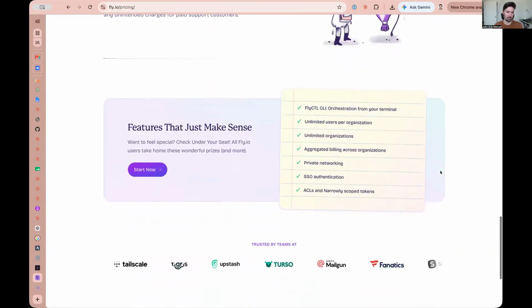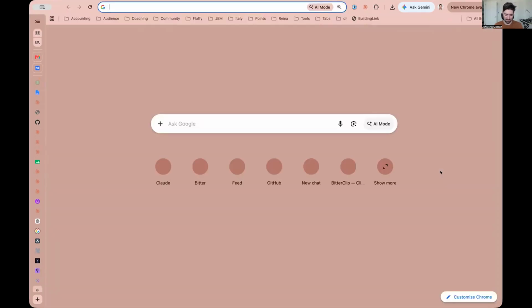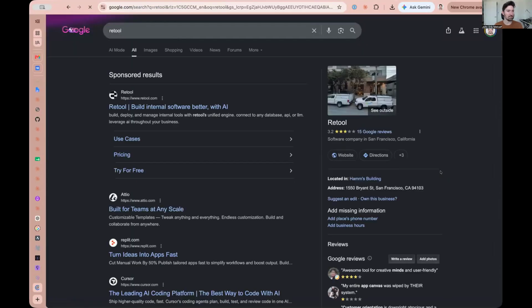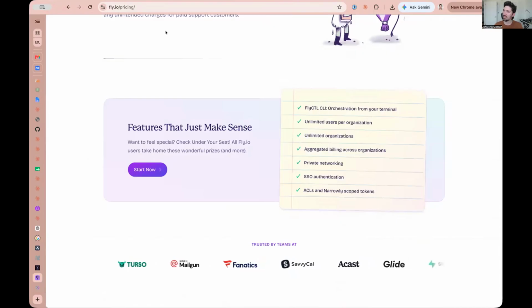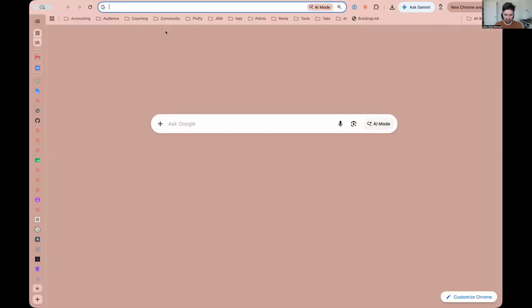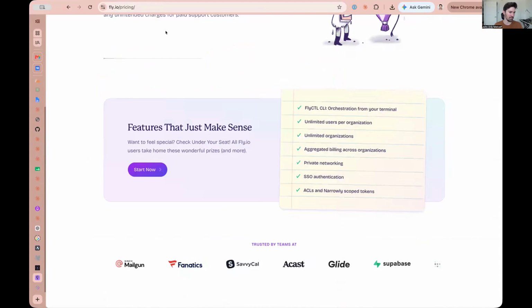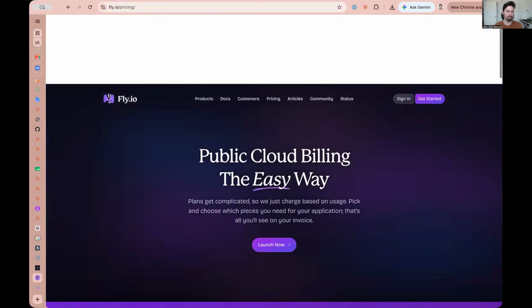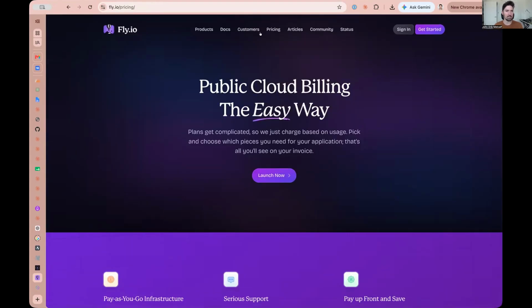It reminds me of the site where everything is hosted nowadays. It's not Retool. What's it called? Shoot. It reminds me of Vercel. But it seems a little different.